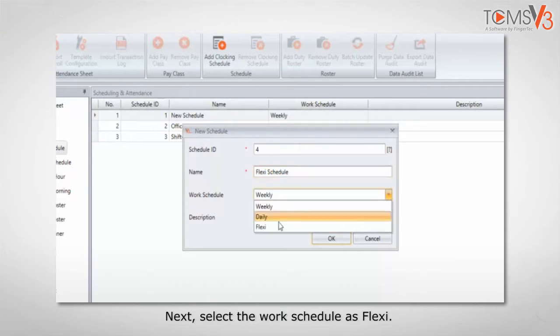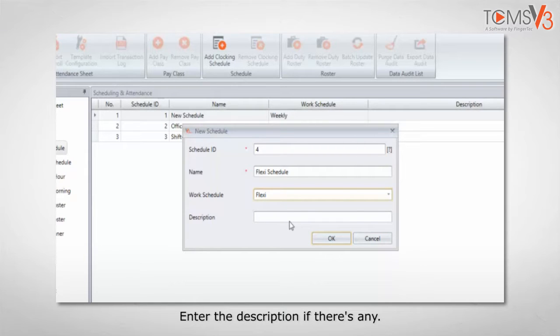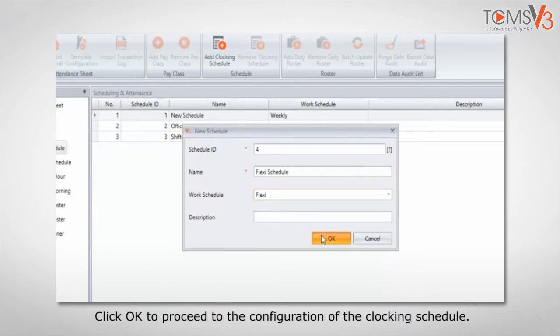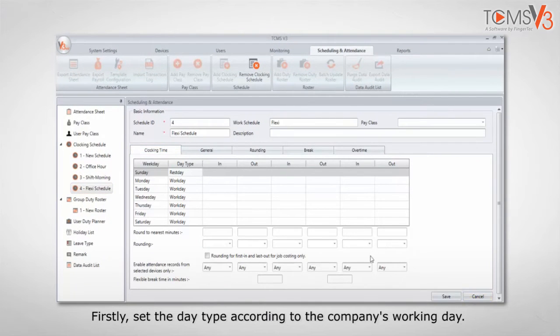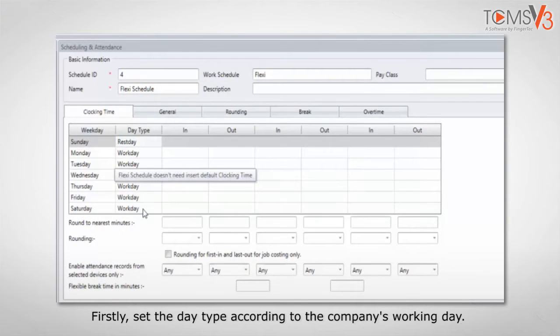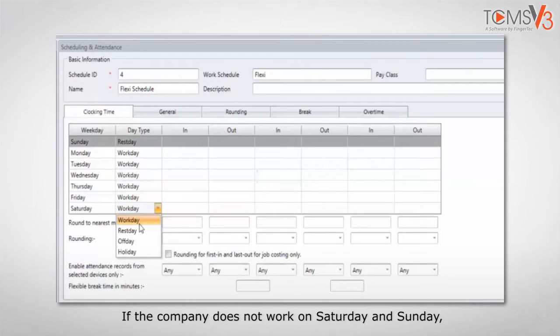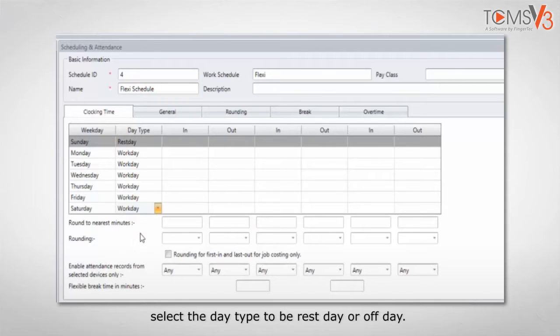Next, select the work schedule as Flexi. Enter the description if there's any. Click OK to proceed to the configuration of the clocking schedule. Firstly, set the day type according to the company's working day. If the company does not work on Saturday and Sunday, select the day type to be rest day or off